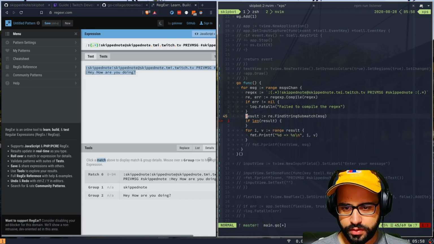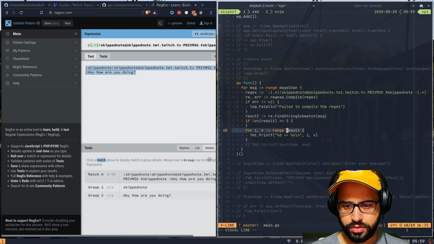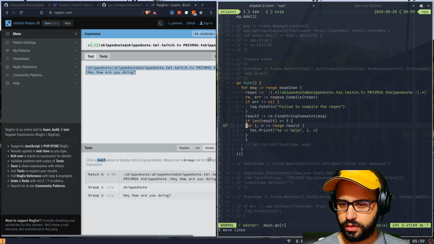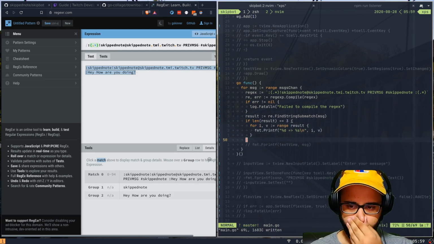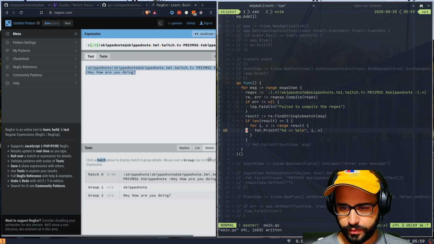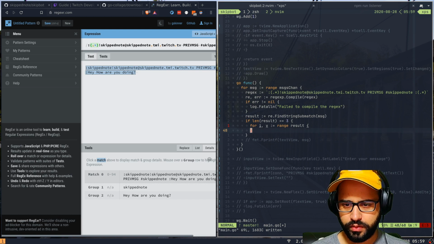If len of result is equal to 3, in that case do all of this, otherwise don't. Yeah, so, and for that matter we don't even need d. We could just do, how about we just,